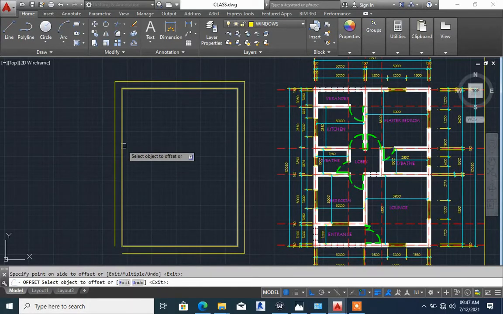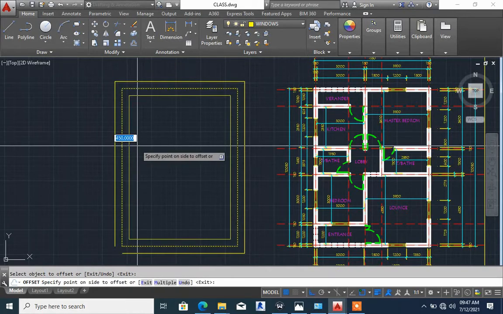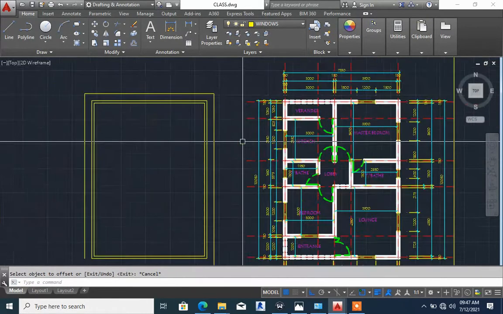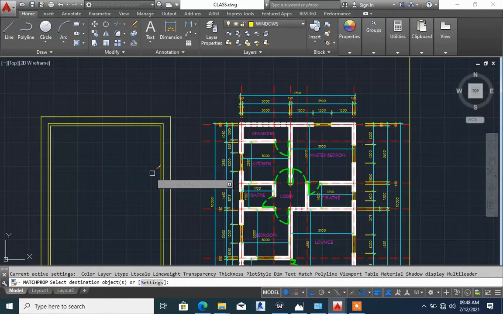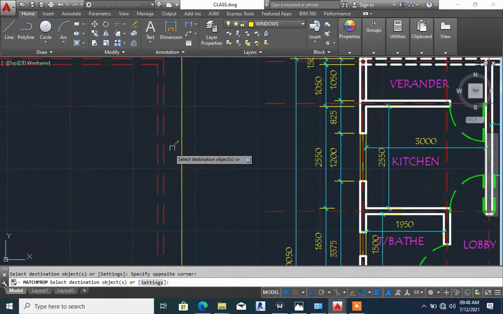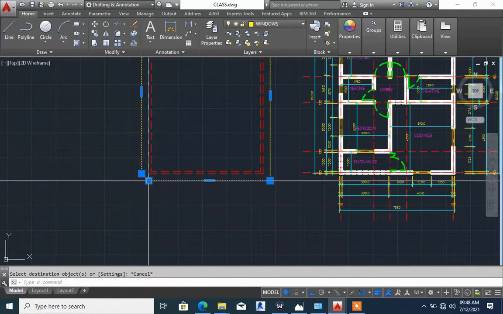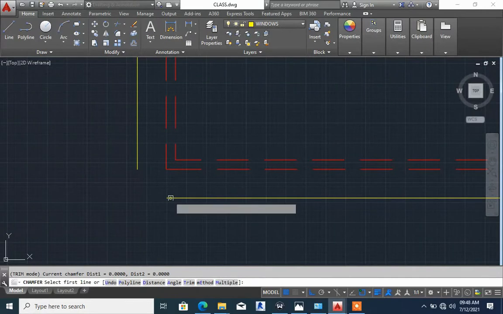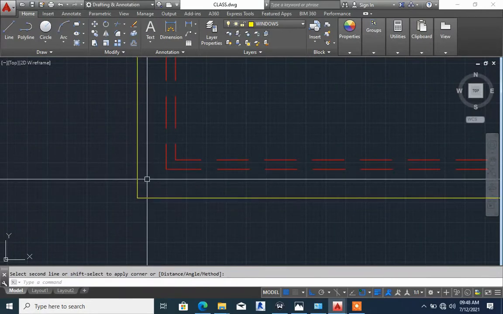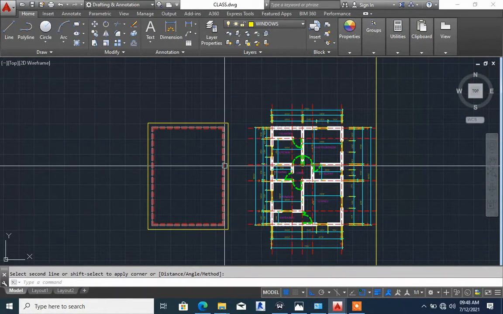Then you also offset 225 inside, 150 inside, to indicate the thickness of your wall. So you can just match this with anything you like. So now this is the shape,